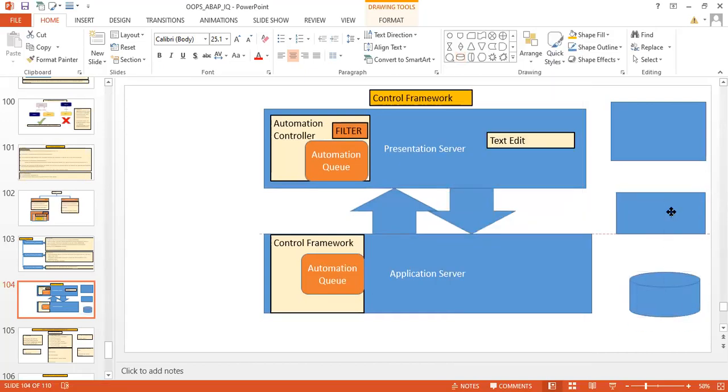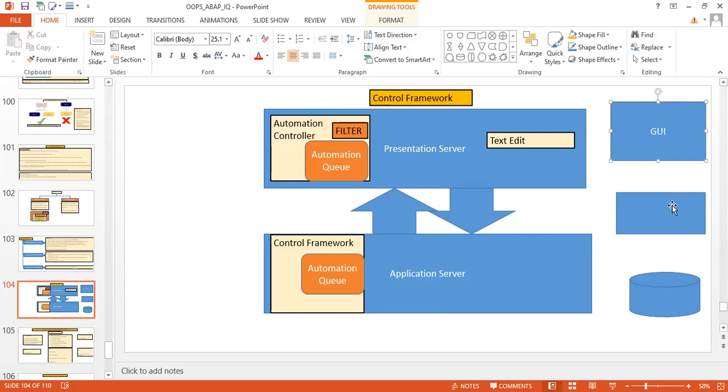Now, when we are going to write some code, where do we write it? We write the code over here, in the GUI. Here we open SE38. When we open SE38, one screen opens, and there we write the code.